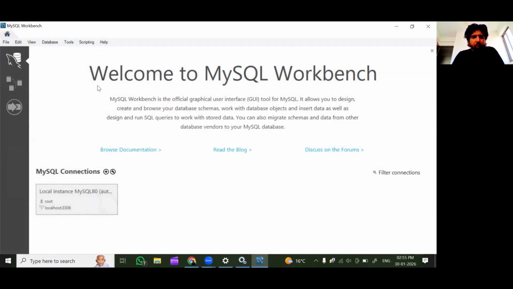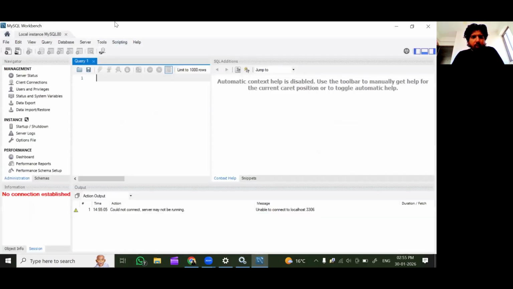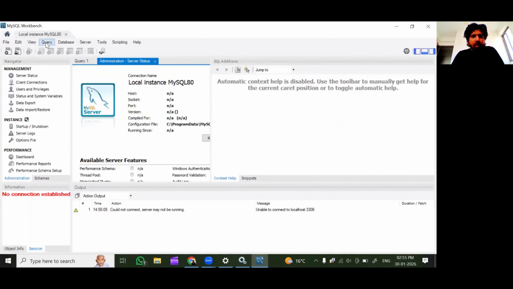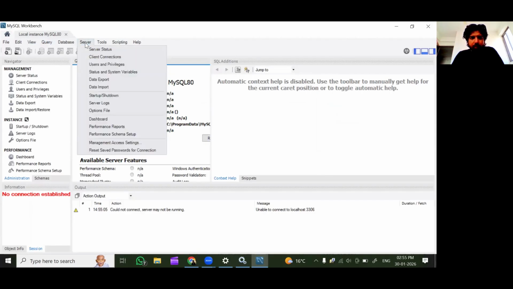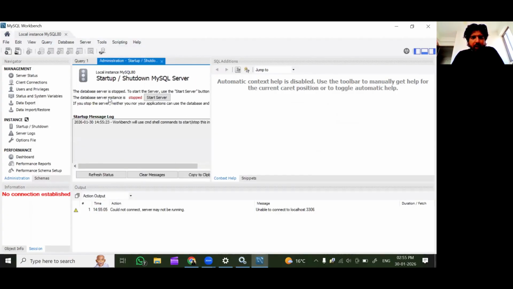Now just look carefully at the interface. This is going to change. So this is the new interface. Okay. After selecting the local host, now we'll go to the server. In server, you will see the following options. We have to select startup and shutdown. On clicking it,